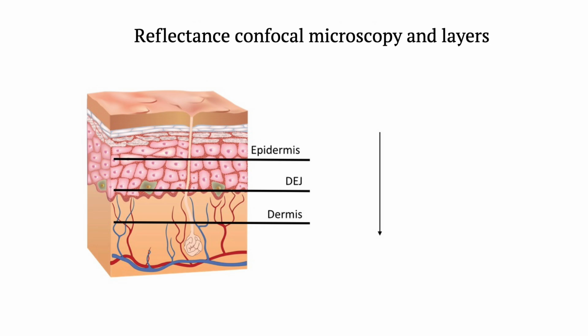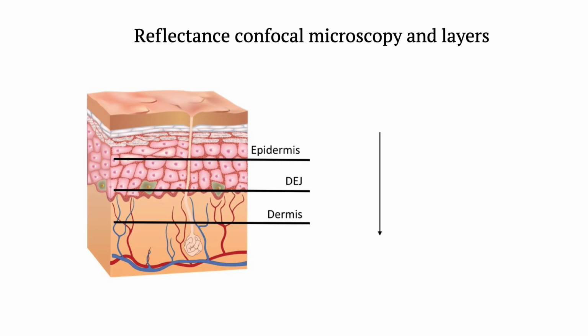So we start with the basics, and the confocal microscopy enables the visualization of the skin at different and separate layers, so we can see a horizontal view of the epidermis, of the junction, and of the upper dermis. So we don't go too much deep into the skin,